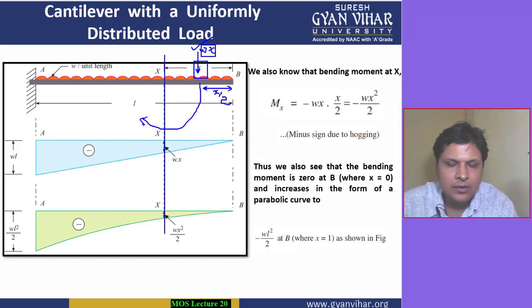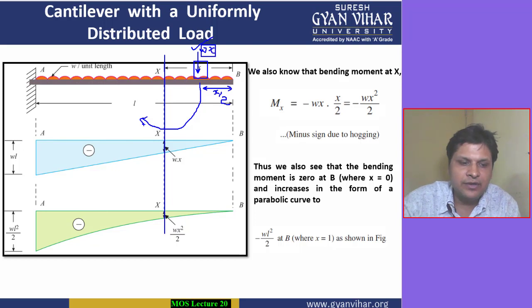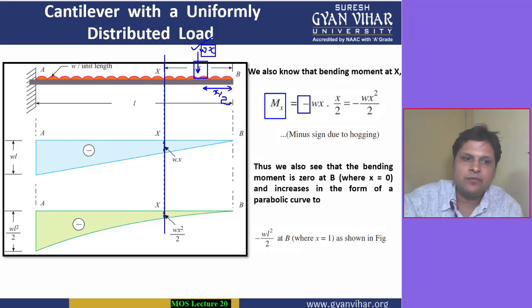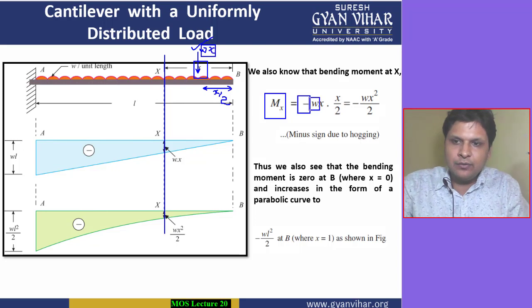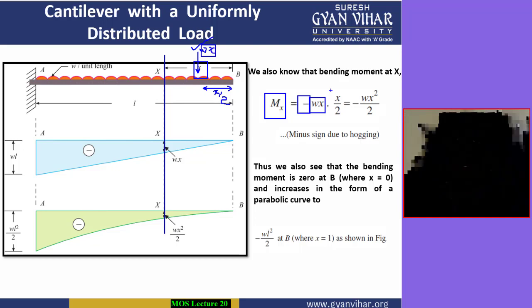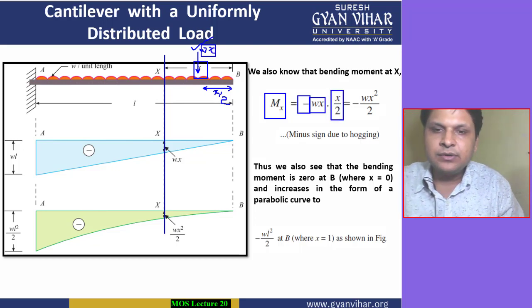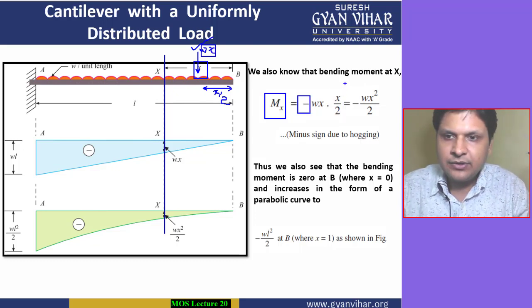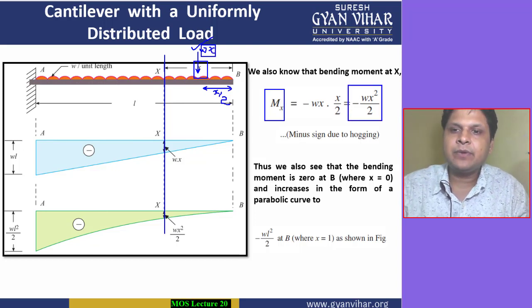clockwise on the right hand side. So we will take the value as negative. So first of all we will put a minus symbol in the bending moment equation, then the load value is Wx. All right, and then what is the distance from the point B of this load? The distance is x by 2. What is the distance of this load from this section? You must say that is x by 2. So you will put x by 2. So the equation becomes, students, Mx is equal to minus Wx square by 2.